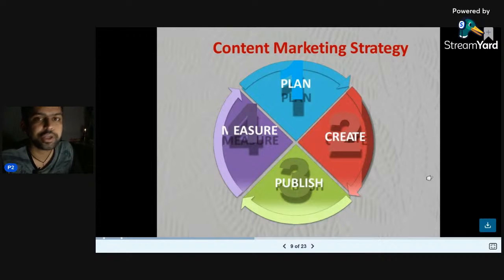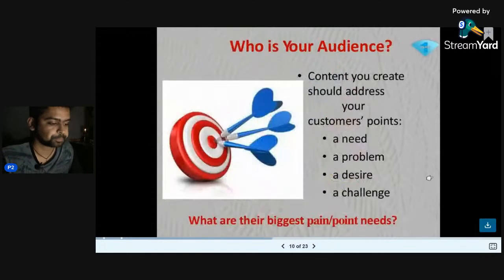Like, if you are creating content and posting daily, be it on social media, on YouTube, on your blog, but you are not exactly measuring those analytics, then you will never come to know what exactly your efforts are bringing fruits for, in your results, or what exactly you are targeting, and whether you are getting that or not. So it is very important to measure those things using analytics of that particular platform. And almost every platform has a good analytics section, you just need to check it out. Now, it is important to understand your audience.